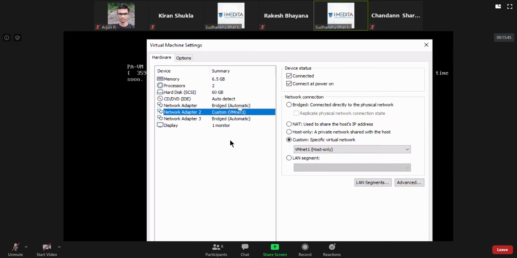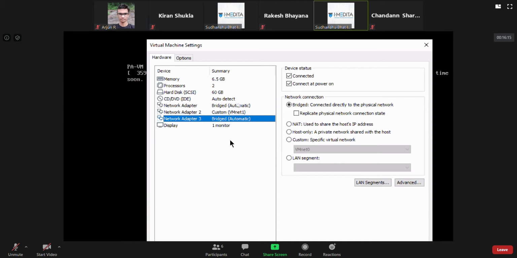If you see network adapter 3 here, Ethernet 1/2, I have bridged it again to my physical network because that's what I want to use as an outside interface to connect to the internet. So my Windows 7 machine comes into this interface and it goes out this interface.